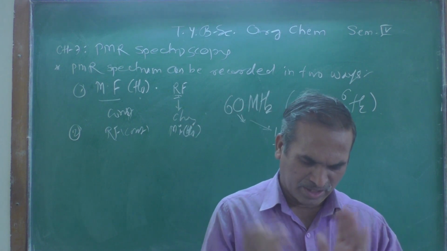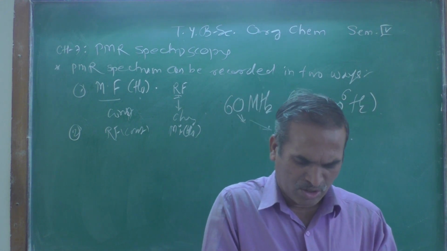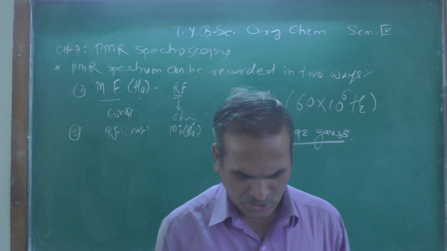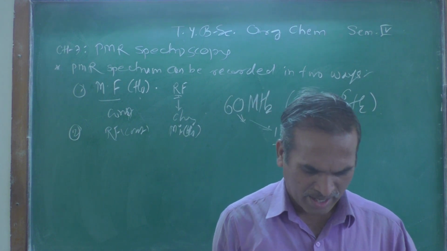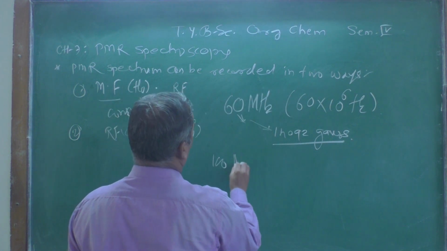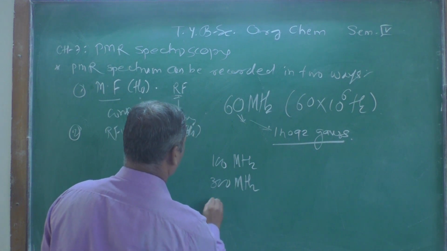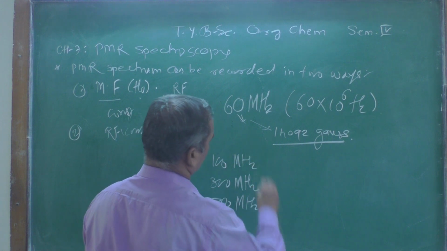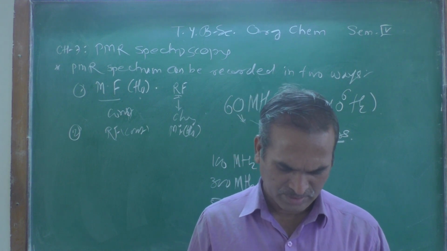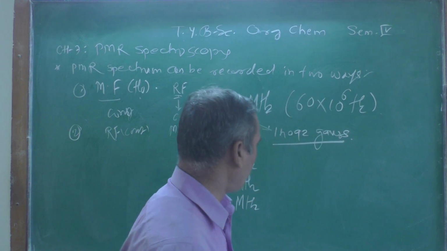If we need higher resolution of peaks in the spectrum, we have to use instruments with higher radio frequencies such as 100 megahertz, 300 megahertz, 500 megahertz, and these are the values, etc. The corresponding magnetic field required would be